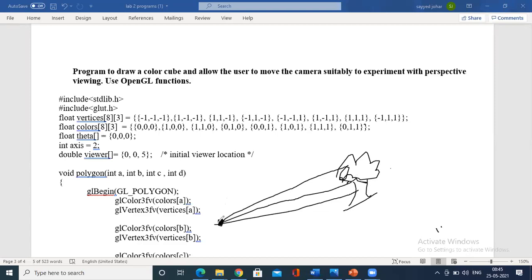The size of the tree will be quite small if you view especially from a nearby point. Okay, so if this is your view, imagine this is your eye, imagine even this is your eye. This is a viewing concept. So we need to implement the concept of viewing by using mouse functions and keyboard functions. Similarly, if the same view is perceived from a different angle or a different distance, the angle or the distance matters, so it looks different. So the concept of perspective view we have to implement over here.